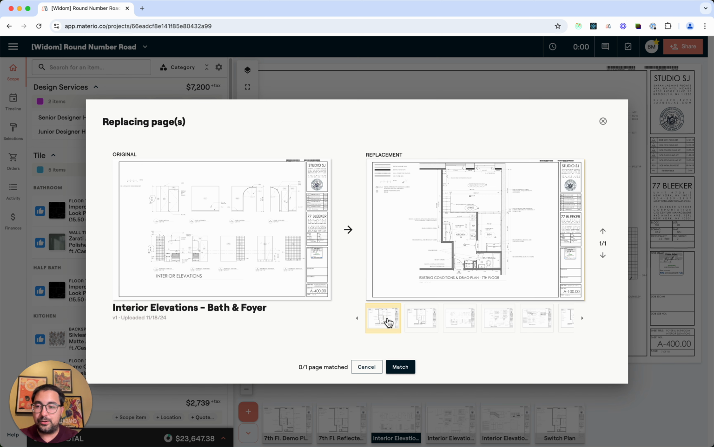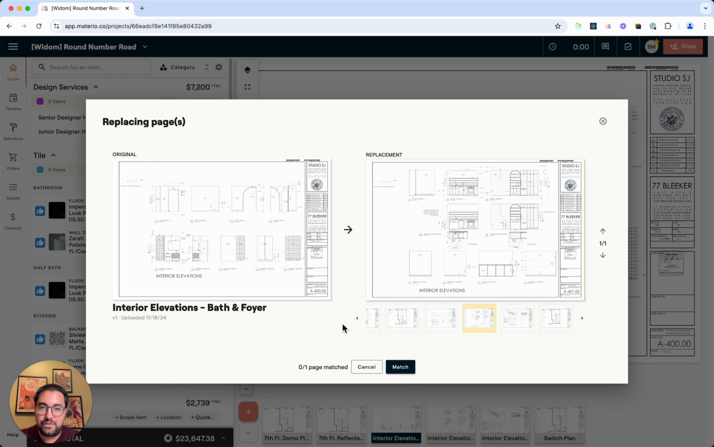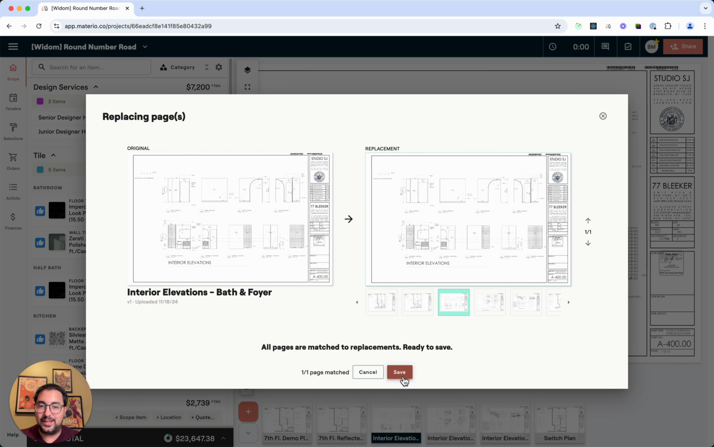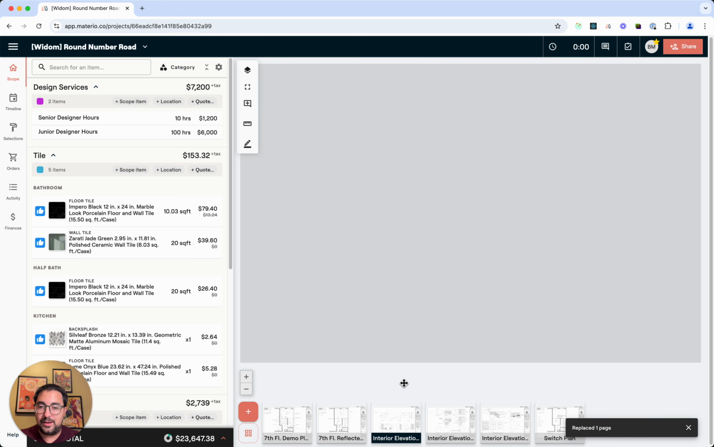I need to leaf through that new file and find which page exactly should replace what's on the left here. So I'm going to click on the first new page here, and then I can just use my left and right keyboard arrows to go left and right in this plan until I find the page that matches the one that I want to replace. So just using my left and right keyboard arrows, I've landed on this one. This page here that I've newly uploaded is the replacement to what's on the left. So I can come here and click match, and then I can click save, and then that page has been